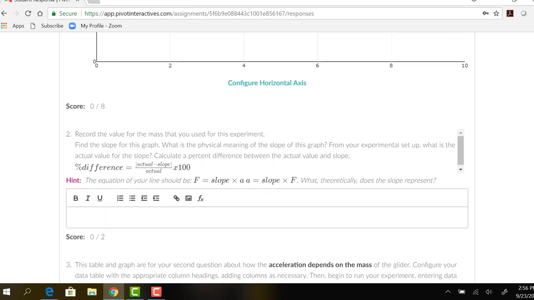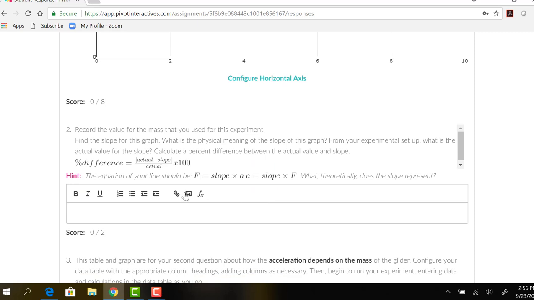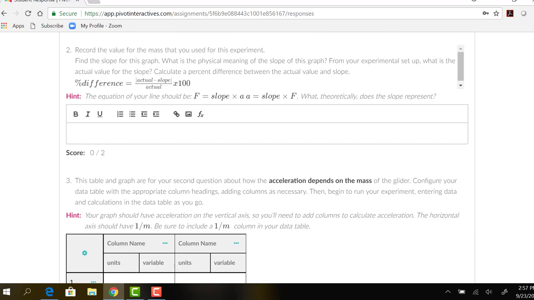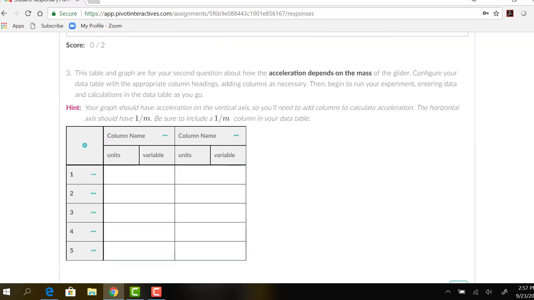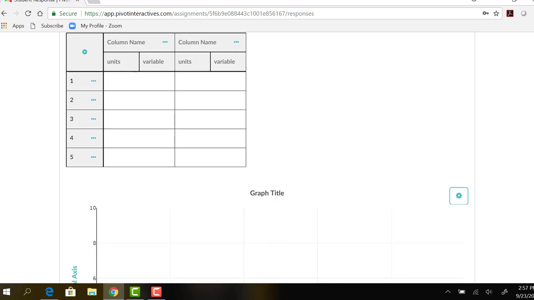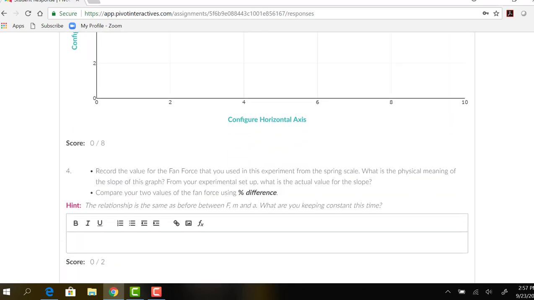Okay, and then the equation of the line should be something like this. I'll have to go back through and correct that before you actually see it. There's an extra line in here that you don't need. Okay, good. And then the second part